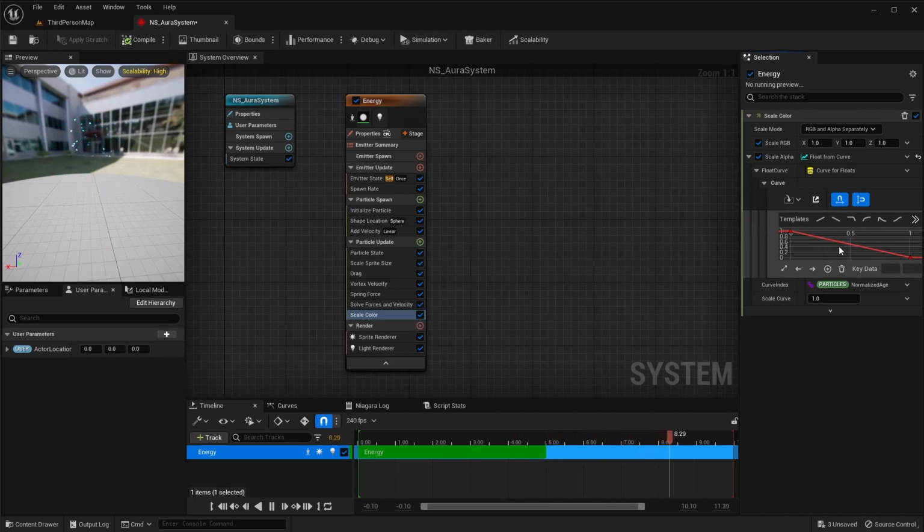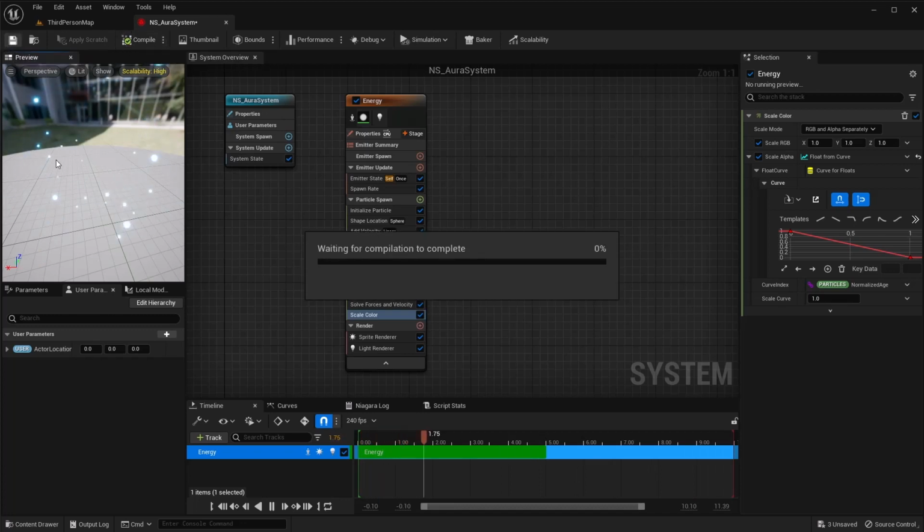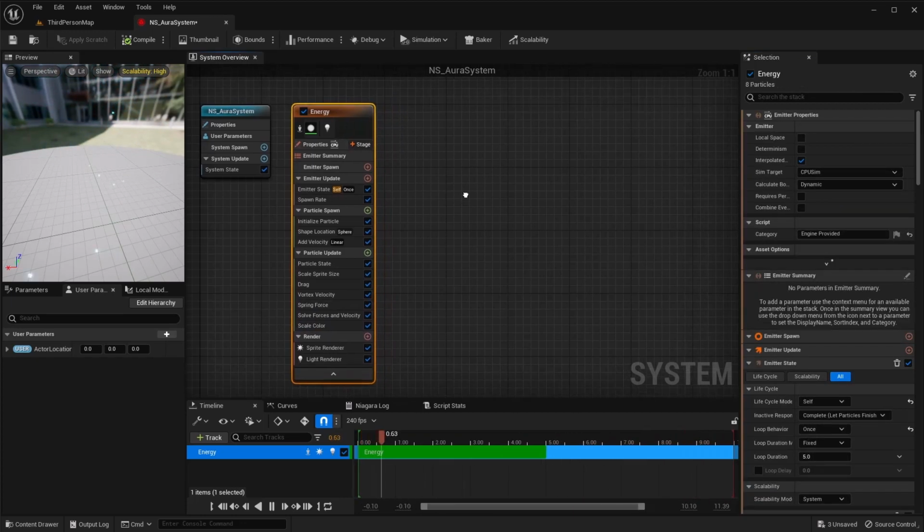So this will actually work for what I want to see. And you can kind of see the particles now will fade away over time rather than just disappear. Looks a little more natural. So for the actual energy part, I think that's going to be good.